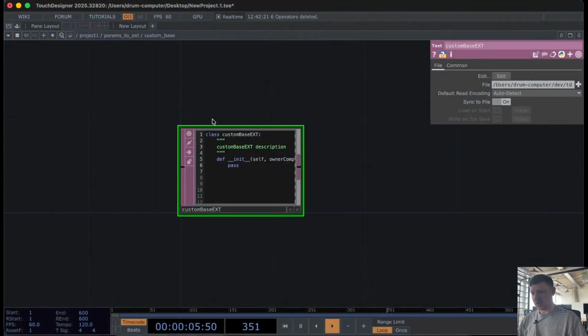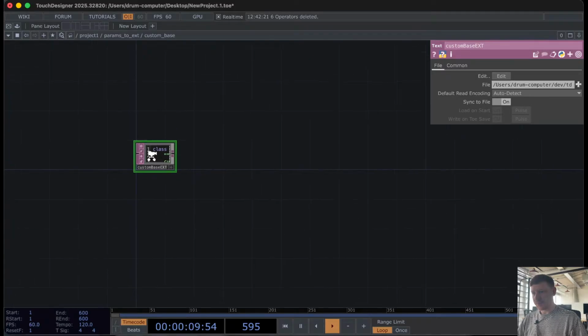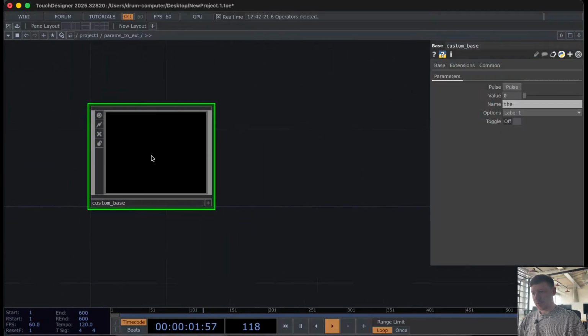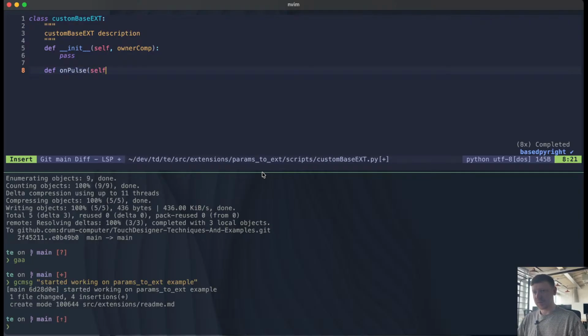Okay, so now we're gonna create, for each of these guys, a function, a method. So we're gonna say def on pulse, self,